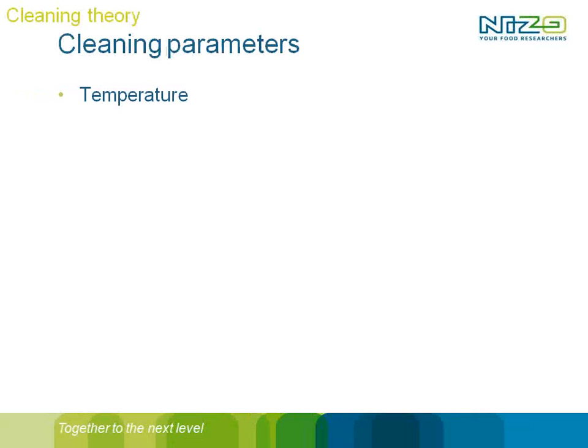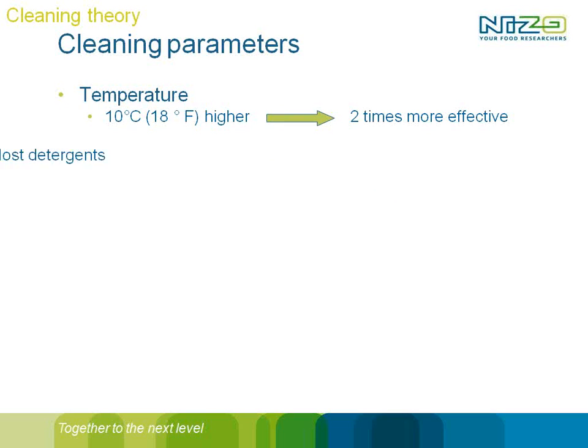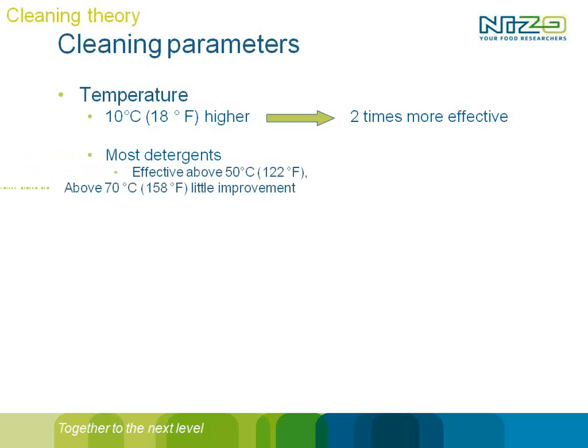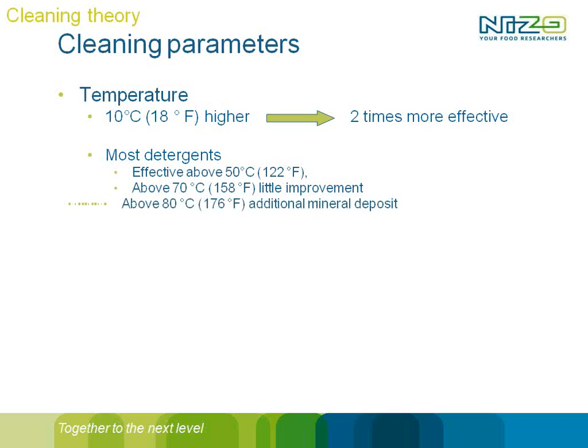Now come to the temperature, and for the temperature the same is true: too high isn't always good. Normally, rule of thumb, if you increase temperature with 10 degrees C, which equals 18 degrees Fahrenheit, you have a 2 times more effective process. However, for most detergents they say it's effective above 50 degrees C, but if you go above 70 degrees C or even above 80 degrees C, you have side effects which are less positive